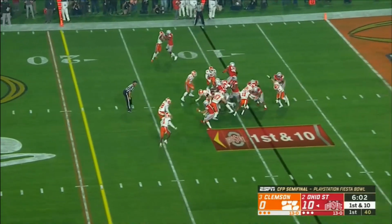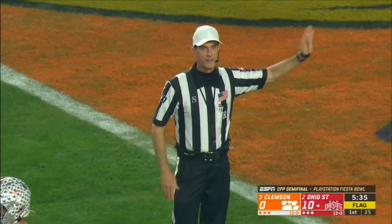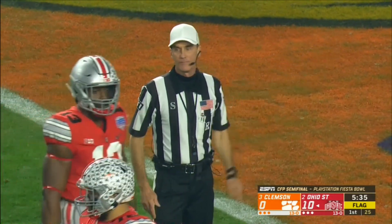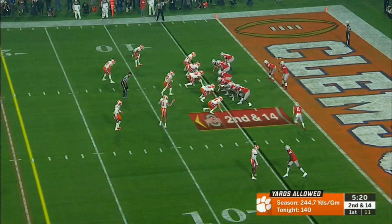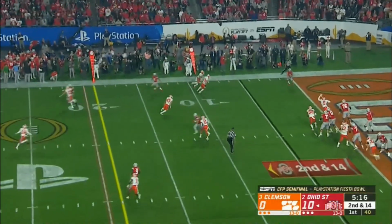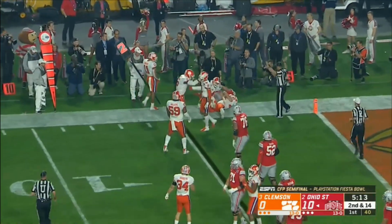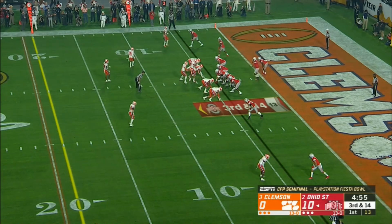From the 9, Dobbins into heavy traffic. Offense number 71, 5-yard penalty. They have Ohio State pinned here, so see what they do. Fields from the end zone, flips it short. Matt makes a catch, big collision, and he's knocked out very short. Tigers bouncing around,